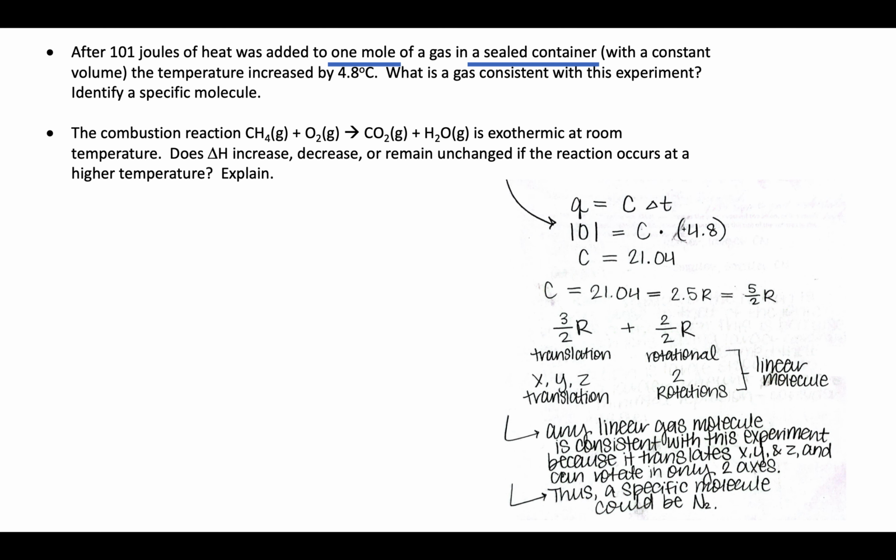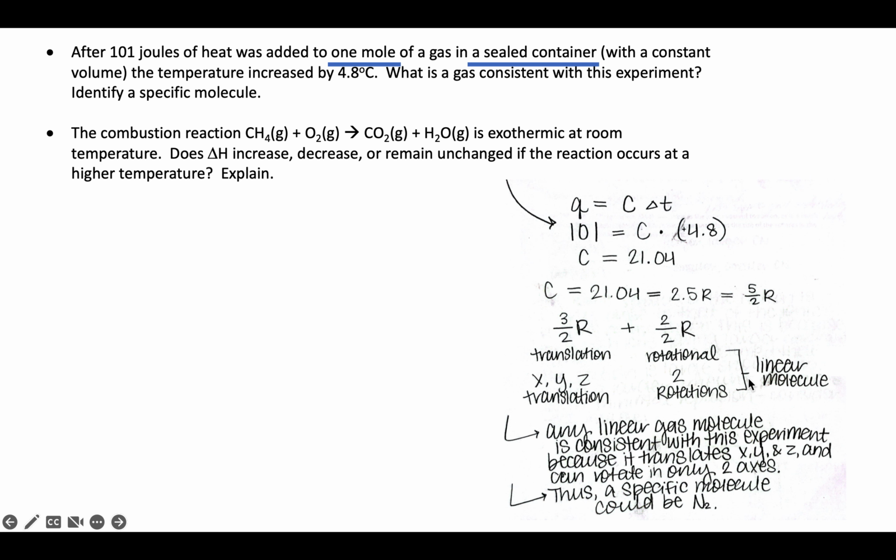We could use the data to think about how the temperature changes when the heat was added, and determine what the heat capacity was. That's what we see right here with the students' work. So we could work through to figure out what the heat capacity is in increments of R and find that it's really close to 5/2 R. So we think about 3 translations that would be present and another contribution of R that would get us to a total of 5/2. That's applicable for a linear molecule.